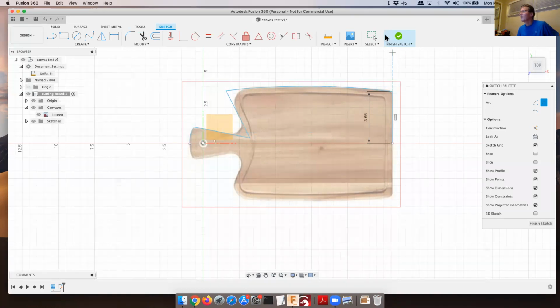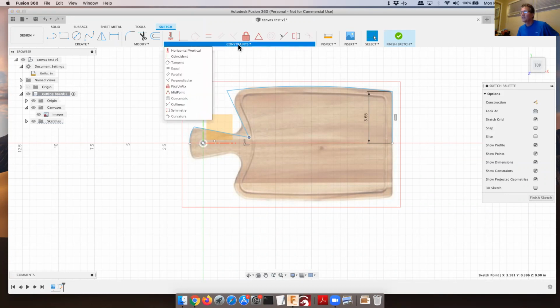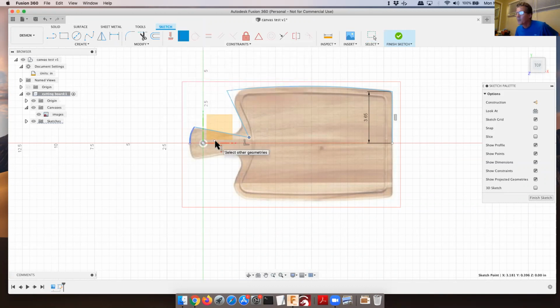Okay, now I want to tweak a few things here. So if I look at this line here, it's not quite where I wanted it. Let me just tweak a few things. You can be as detailed as you want to. And now that I've gotten to this point, I want to look at key dimensions and constraints. One of the constraints that's obvious to me is I need to make sure that the center point of this arc,